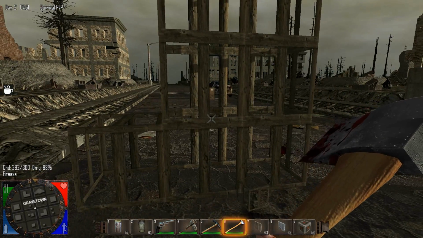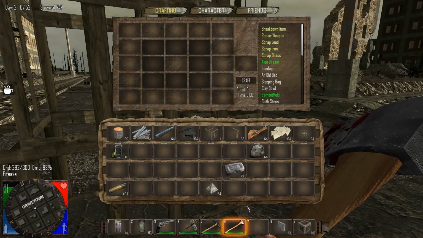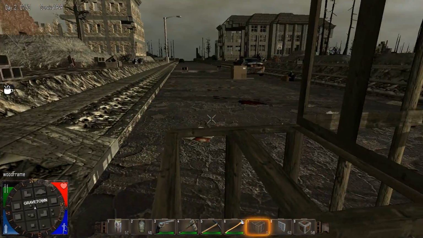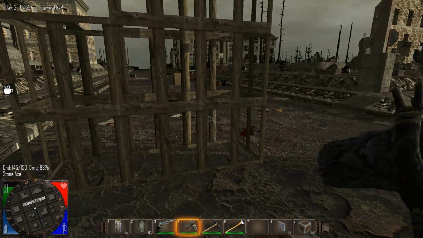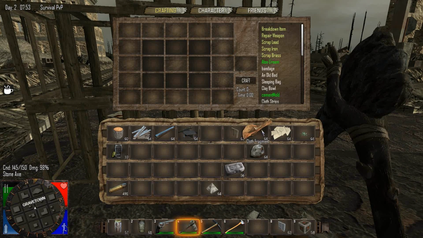So we're going to need special tools for this. First of all, the hardest thing to figure out is what you need. You need a special tool to upgrade these, and the tool just happens to be the stone axe. You guys know how to make the stone axe. It's been in the game for a while. Then you're going to need certain resources to build it up, and those resources are...